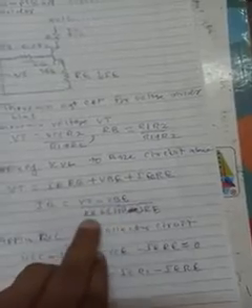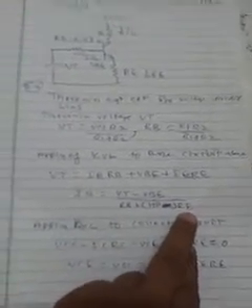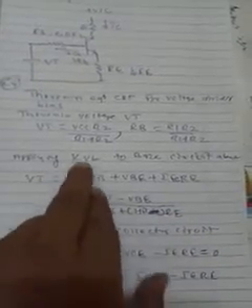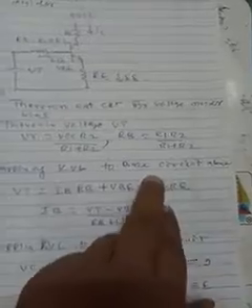So how we are applying it here, you can see, applying Kirchhoff's voltage law, KVL. So VT is equal to IB RB plus VBE plus IE RE. So IB we get as VT minus VBE divided by RB plus (1 plus beta) RE. Already I have told this equation. This equation we get from applying Kirchhoff's voltage law to the base circuit, meaning in this circuit we are applying Kirchhoff's voltage law.